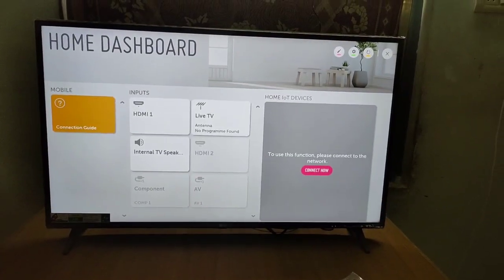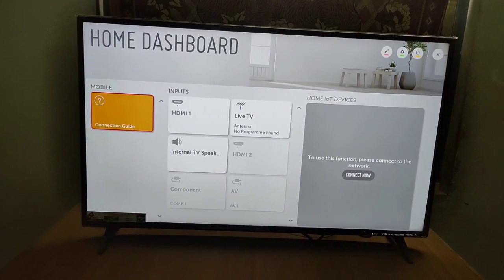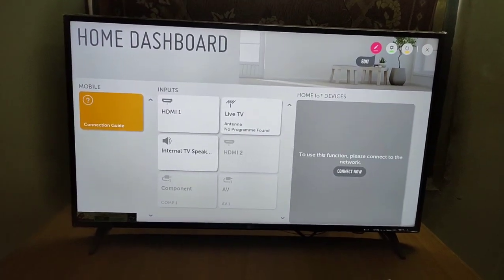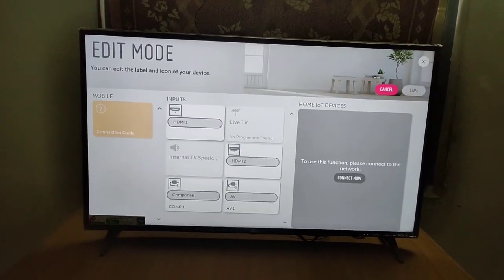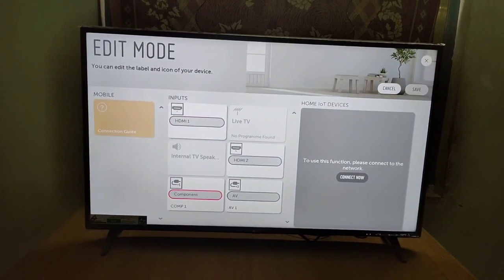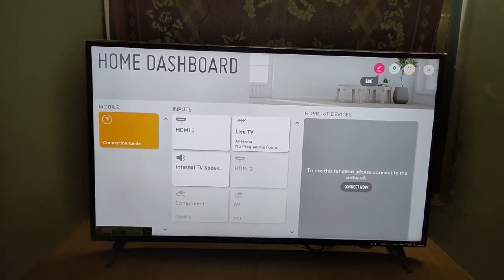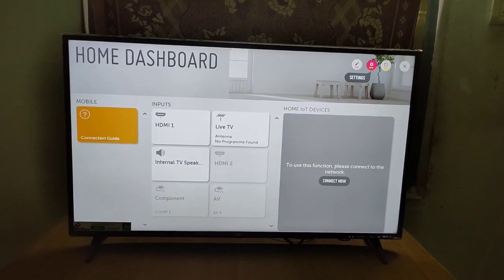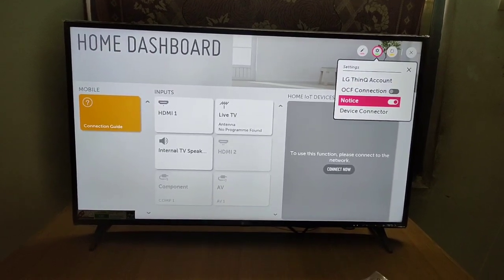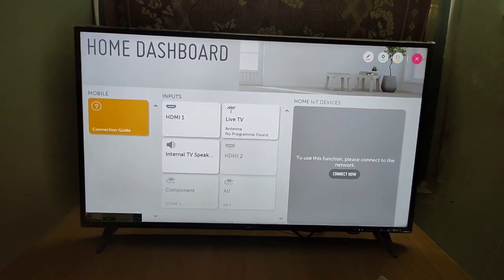This is the dashboard, or what you can say the default home screen, of this LG TV, and we have multiple inputs on this dashboard. If you have connected an Amazon Fire TV Stick or other devices, or if you have a cable connection, then it will be displayed here. It is a different kind of experience since I was using the Amazon Fire TV Stick on my older TV, and I will be telling the pros and cons of this UI later in the video.